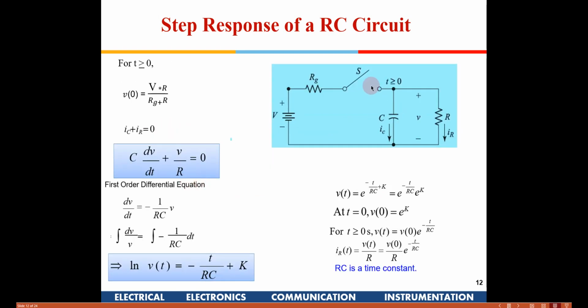Now the switch is opened. Now you will find this mesh has become non-operational and there is only this mesh, because no current can flow here. So we need to write the loop equation, a KVL. The voltage across this will be C dV by dt. Sorry, we are equating the current. The current through this is equal to this current, right? So IC plus IR is equal to 0, because both the currents are shown in the downward direction. That is the reason we are writing IC plus IR is equal to 0.